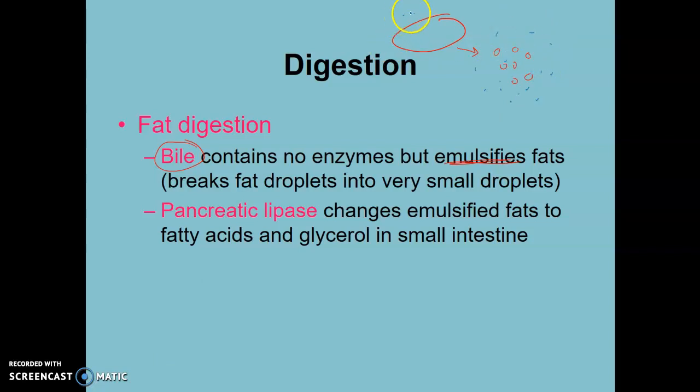Okay, usually the blue drops are separate from the big red droplet. And you have, in this case, let's make it yellow because that's what mustard usually is. Mustard allows the water and the fat to hang together for a period of time. Now, if you let it sit there long enough, of course, it'll separate out. But basically, this mixture here is called an emulsion, okay? And an emulsion is something you'll see in the culinary world all the time. So it breaks the fats up into really small droplets where pancreatic lipase, fat enzymes, takes the emulsified fats and